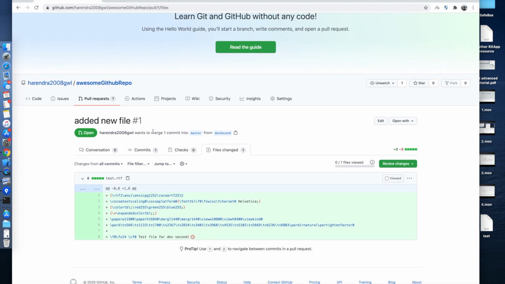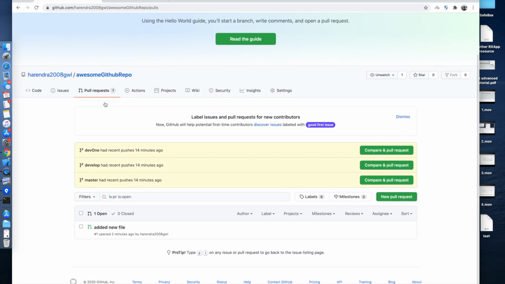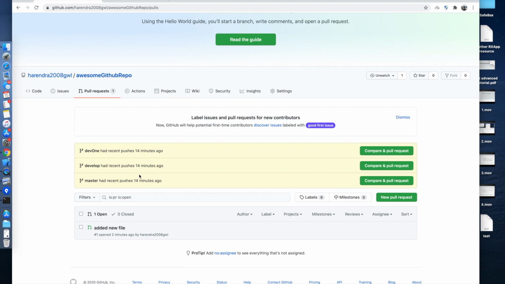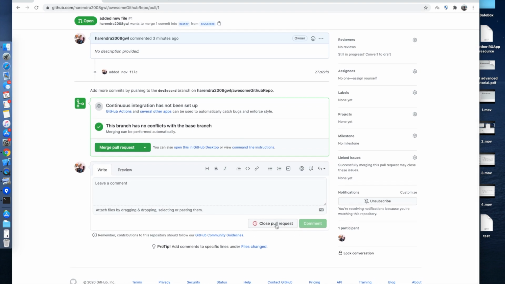But if you think you have created this pull request mistakenly, or you want to cancel it, you can simply go here. This is your pull request, and you can close it from here. Okay, and what is next? I think